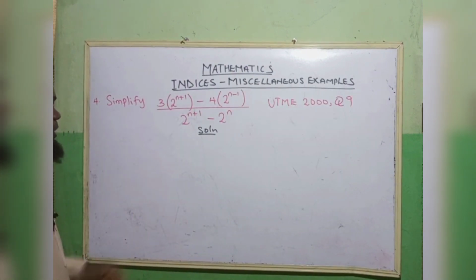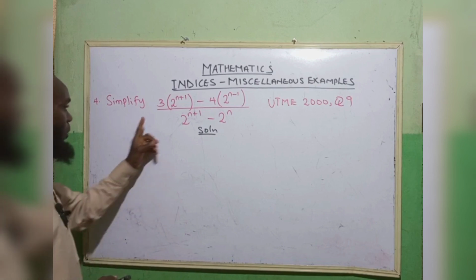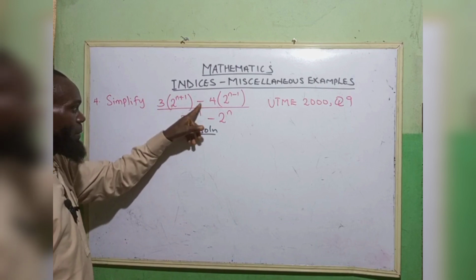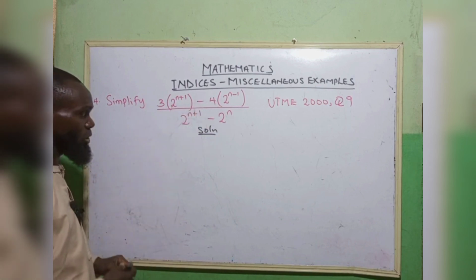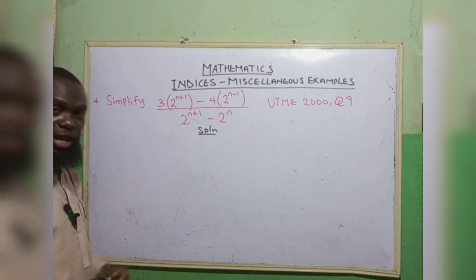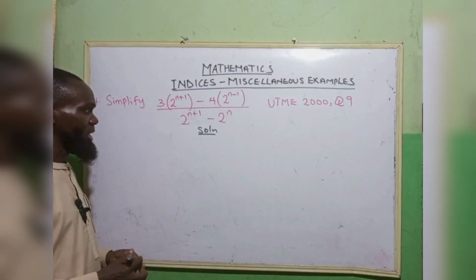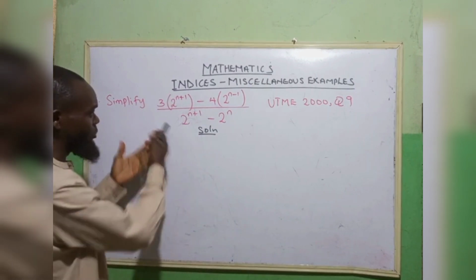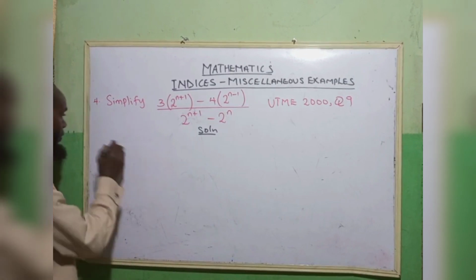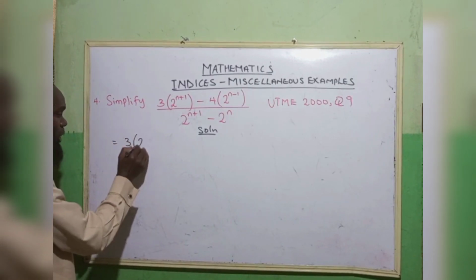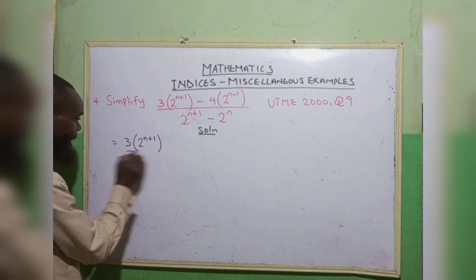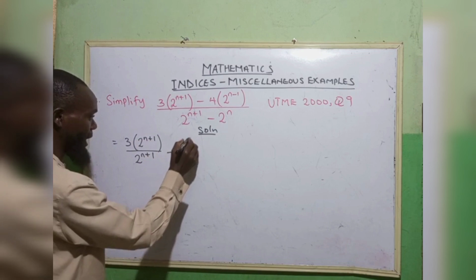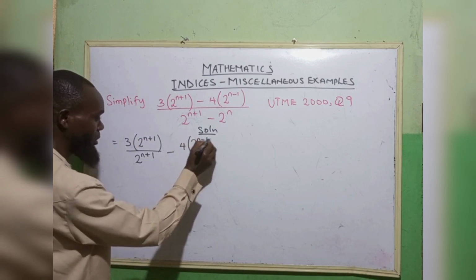Example 4, simplify these values. I want to simplify 3 in brackets 2 raised to power n plus 1, close the brackets, minus 4 open bracket, 2 raised to power n minus 1, close the brackets, divided by 2 raised to power n plus 1 minus 2 raised to power n. Since I have 2 raised to power n plus 1 at the numerator and at the denominator, I can divide the numerator and the denominator by these values by saying 3 brackets 2 raised to power n plus 1 divided by 2 raised to power n plus 1, then minus 4 brackets 2 raised to power n minus 1 divided by 2 raised to power n plus 1,